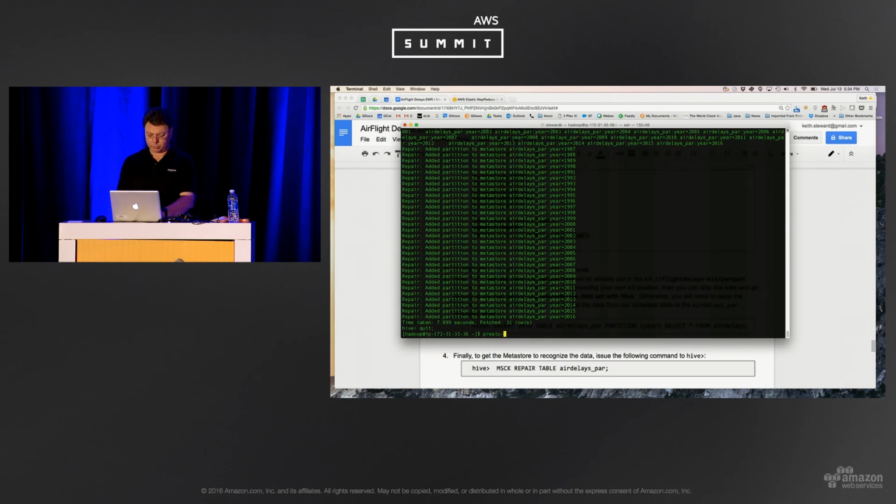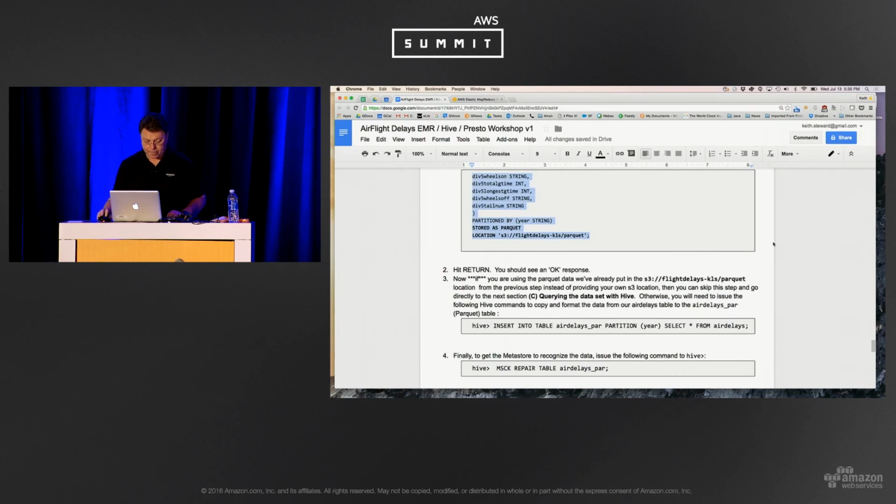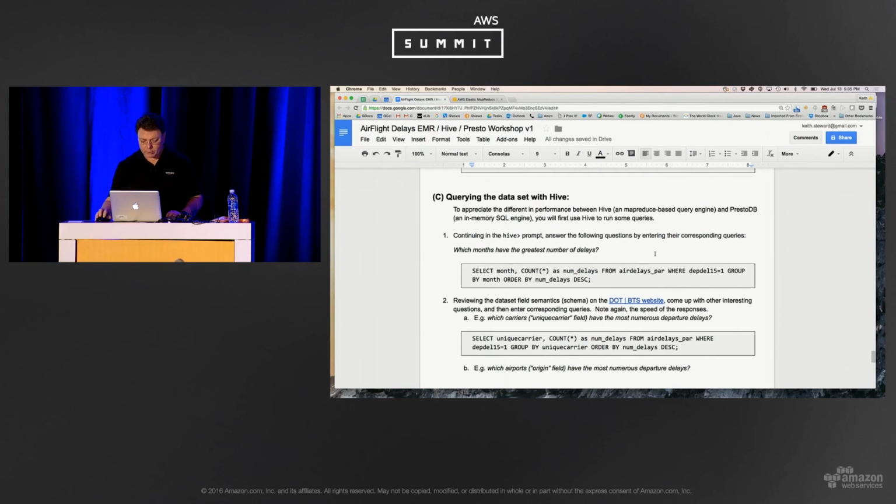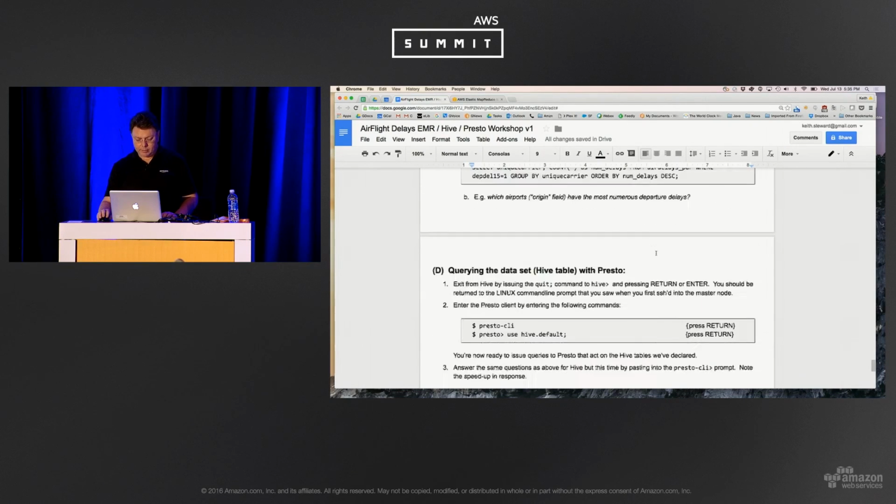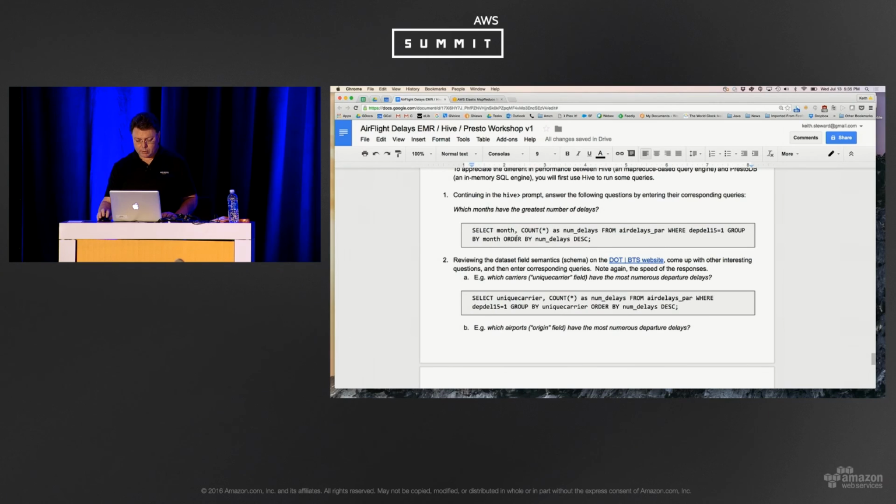Now what I'm going to do is run Presto, see the command line for Presto. We're going to tell it to use Hive default. That's the table space that we have. Now what we're going to do is run some queries. So I'm going to take the, let's see, let's do this here. We're going to try to answer the question,